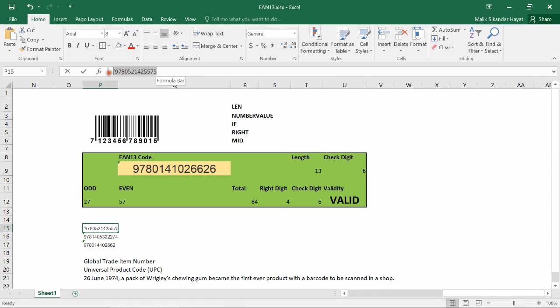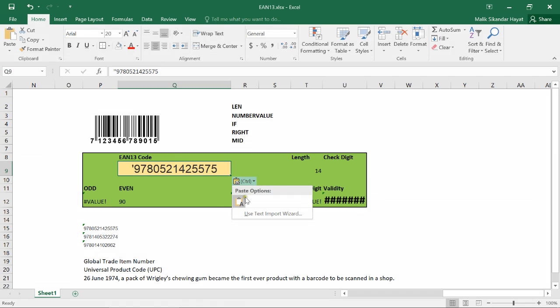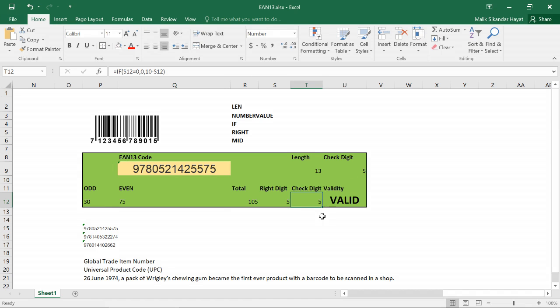I will copy this one and this, right. So it is saying that with our test, the check digit came as 5, which is correct. Our length of the barcode is 13, correct.